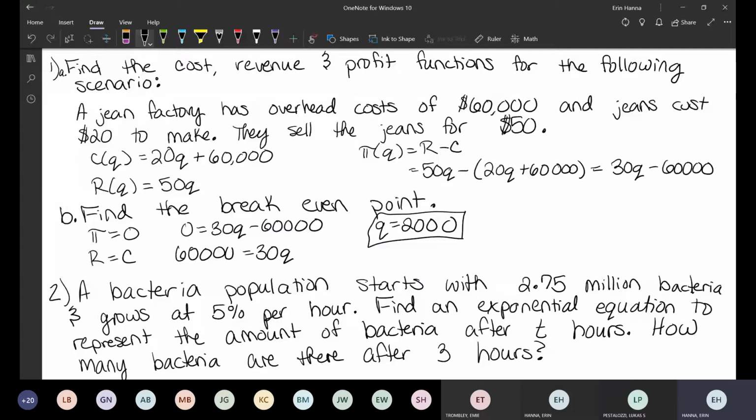Sorry about that. So that's our break-even quantity. But remember, for me, I always want the two pieces, and on the quiz, I very specifically say break-even quantity, break-even price. So we want the price here as well, and remember, to get the break-even price, you plug it into revenue or cost, whichever one makes you happier. I always choose to plug it into revenue because it's usually the easier function. So 30 times 2,000